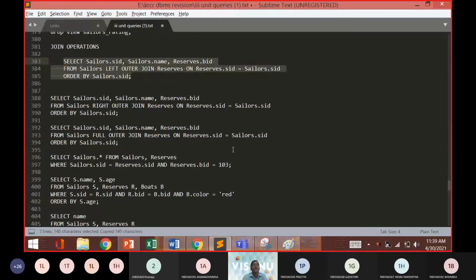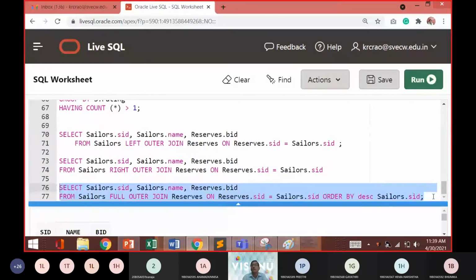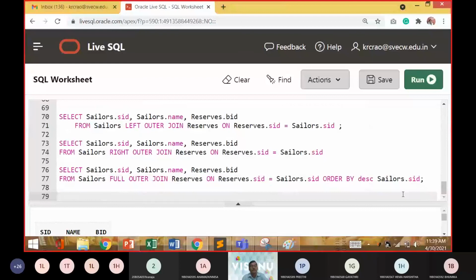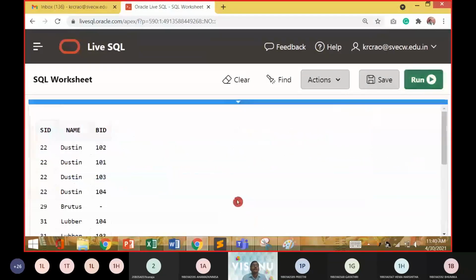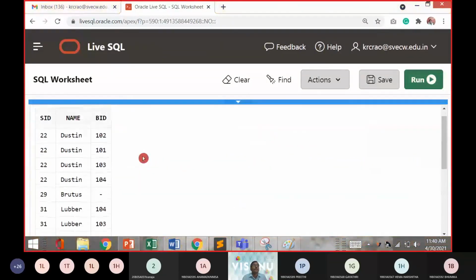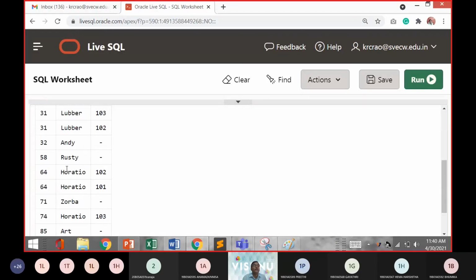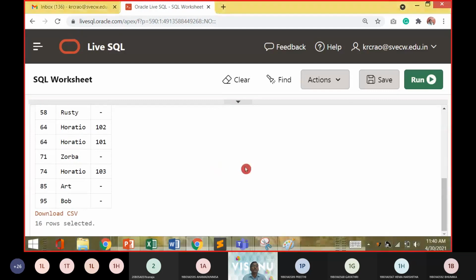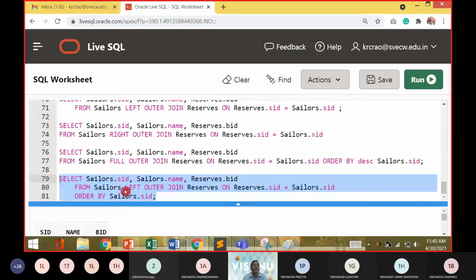Just check again. I will replace this here. I'm hitting the run. So here order by is working. 22 followed by 29 and 58 it is showing. Now just check whether descending is working or not. This is the primary case. Order